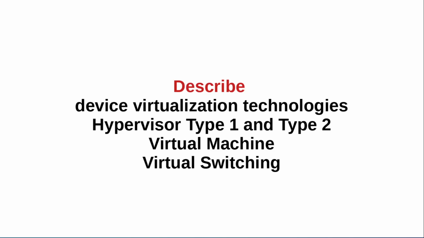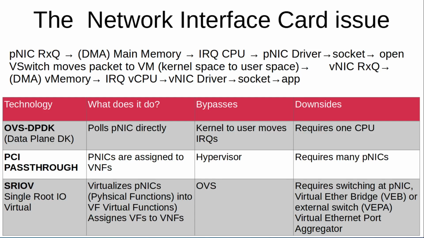The last part of the description of virtualization technologies includes the description of the network interface card issue. When using virtualization, we have to remember that when data arrives into the physical NIC receiving queue, DMA access should be done in order to place that data into main memory, and an interrupt request is executed so the physical network interface card driver takes control for some time in order to place that data into a socket that can